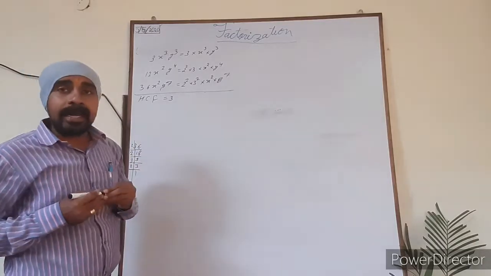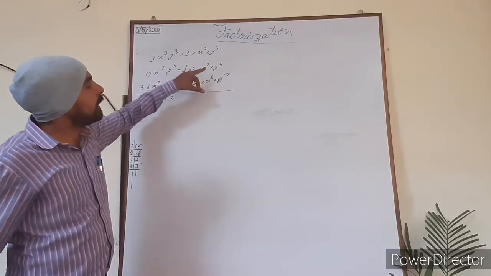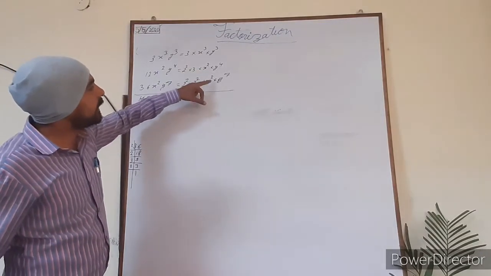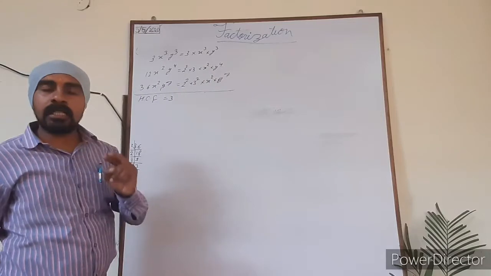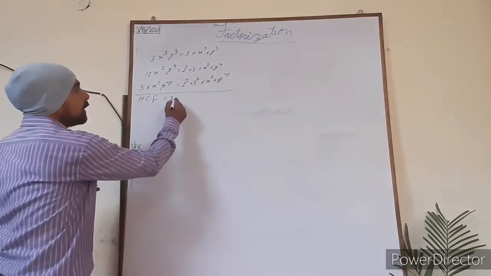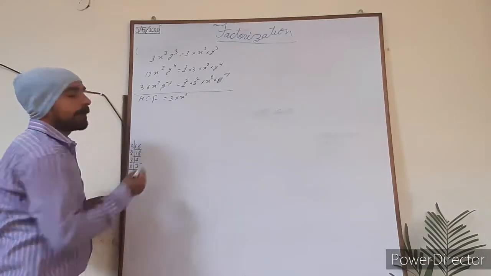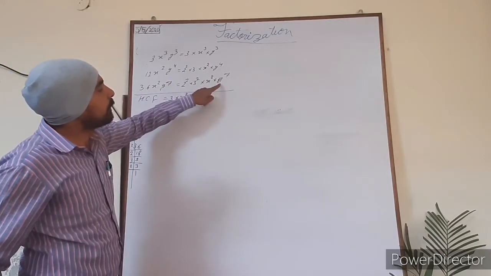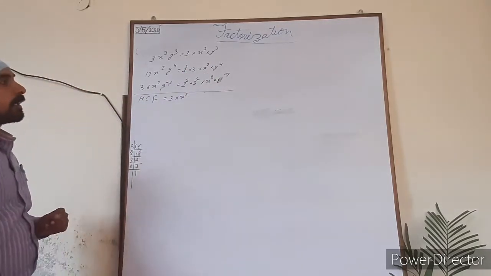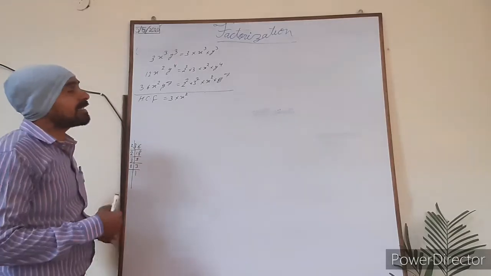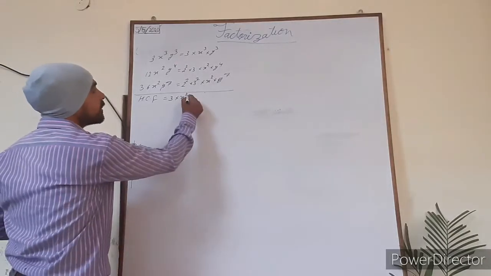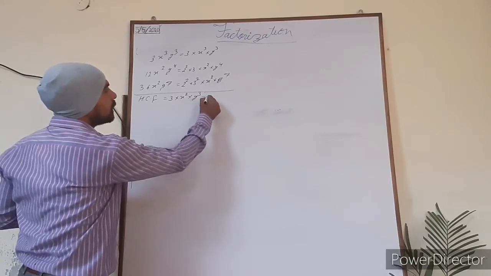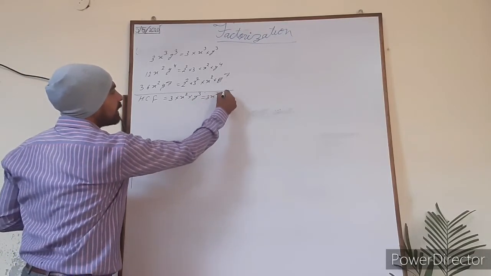If you focus on x, it is x to the power 3, it is x to the power 2, and it is x square. So what you can see here is that the square, that is, power 2, is the smallest power. So x square will be taken here. After that, it is y cube, it is y to the power 4, and it is y to the power 7. So what is common in these three? What is the HCF of these three? Of course the smallest one, that is y cube. So the HCF of these three terms will be 3x square y cube.